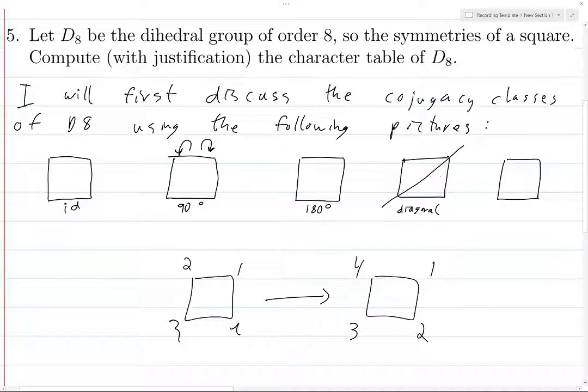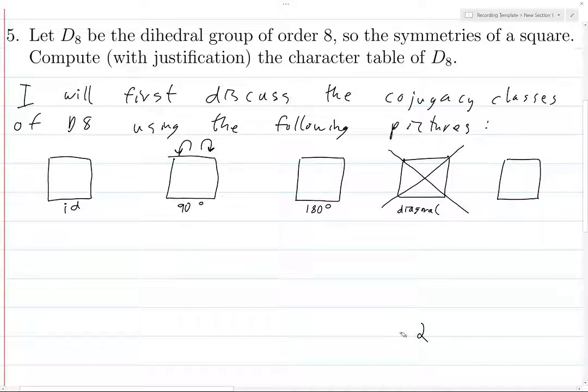And of course, how many of these diagonal flips do we have? We have 2 of them. Each one goes through opposite vertices, and there's only four vertices for 2 sets of opposing vertices. Then lastly, we have